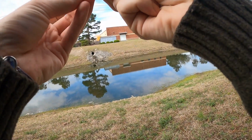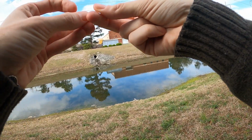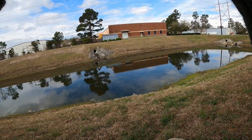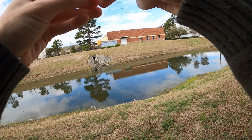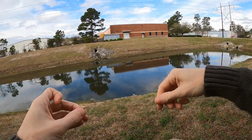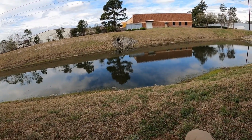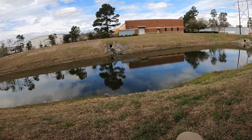I'm mostly gonna be targeting bluegill and little bass because that's mostly what's gonna be in here right now. Or at least that's mostly what's gonna be in here that's eating. There are some nice sized bass in here. Not huge bass, but nice sized. So we might be able to get a hold of one of them. But for starters, we're just gonna go with this